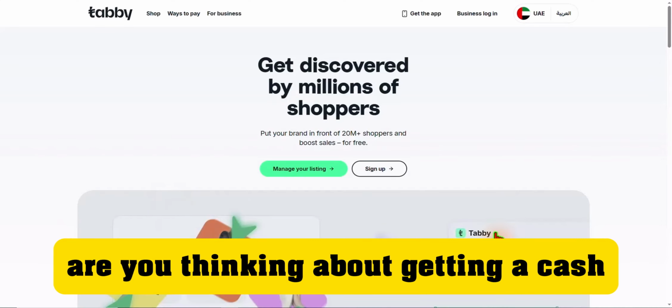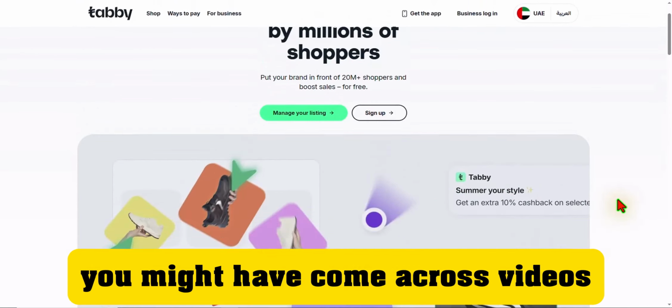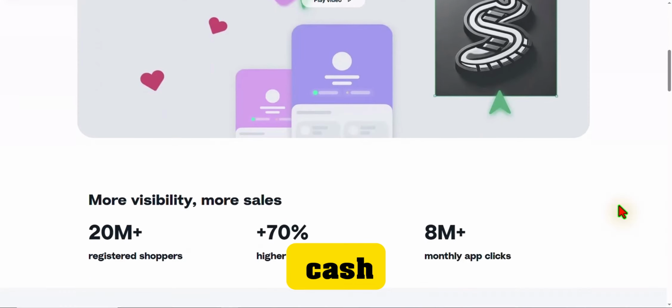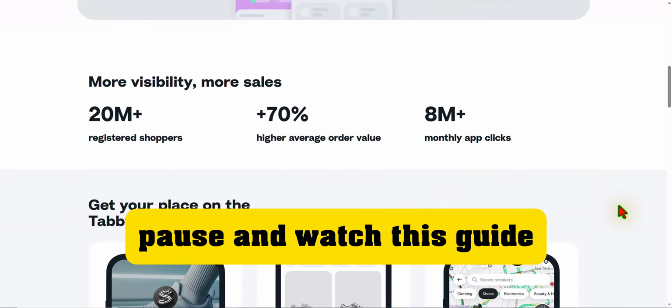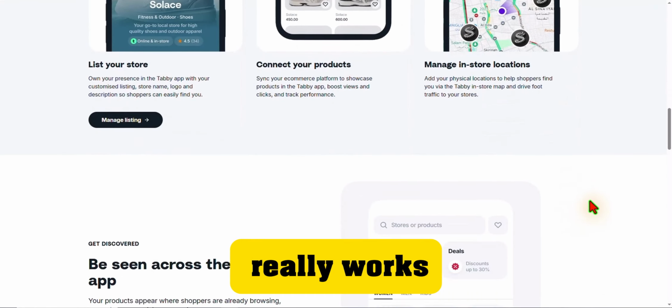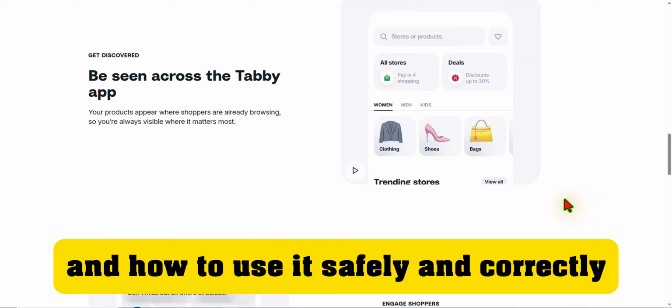Are you thinking about getting a cash loan through the Tabby app? You might have come across videos online that claim you can instantly turn Tabby into cash. Before you try any of those methods, pause and watch this guide. I'll walk you through how Tabby really works, what to watch out for, and how to use it safely and